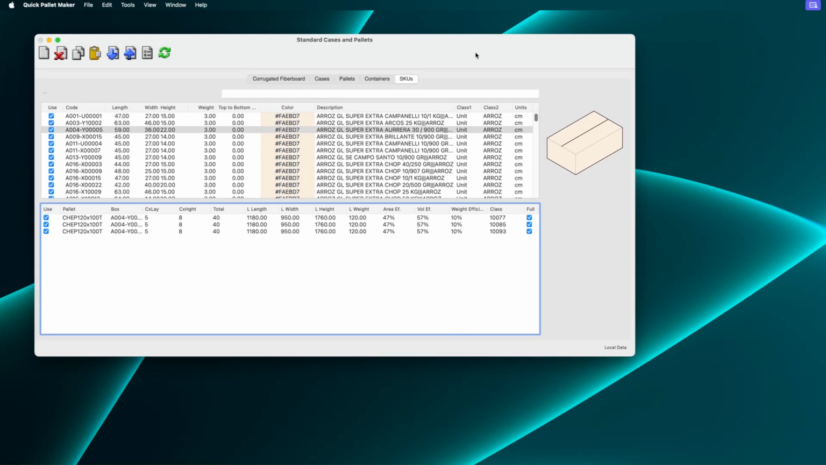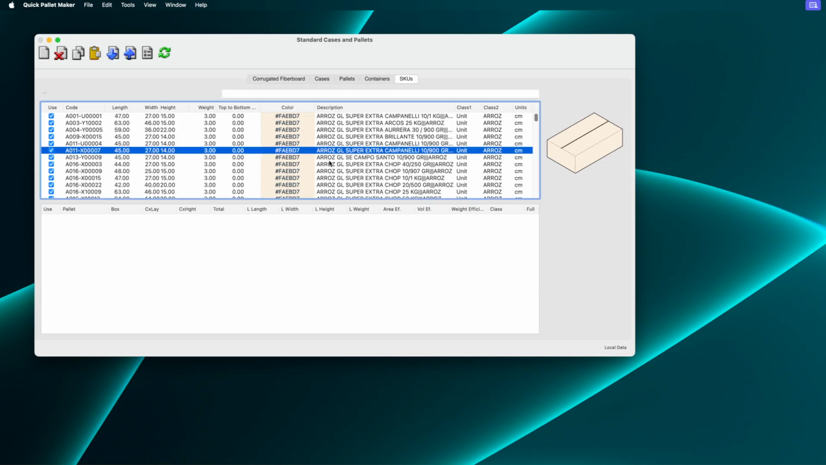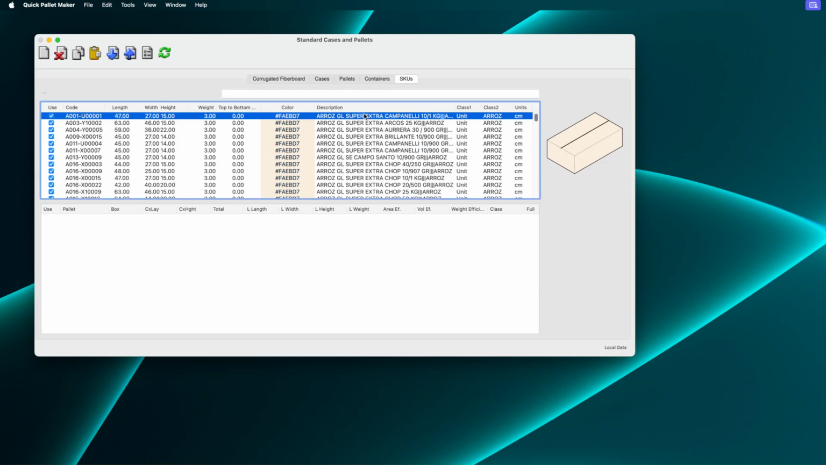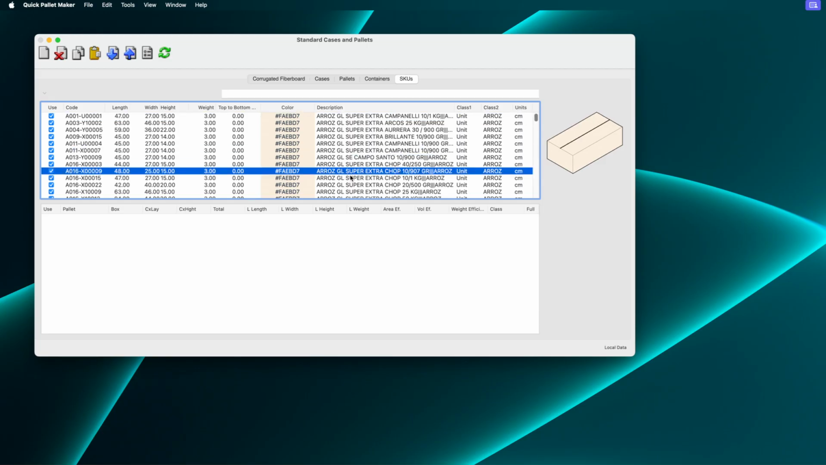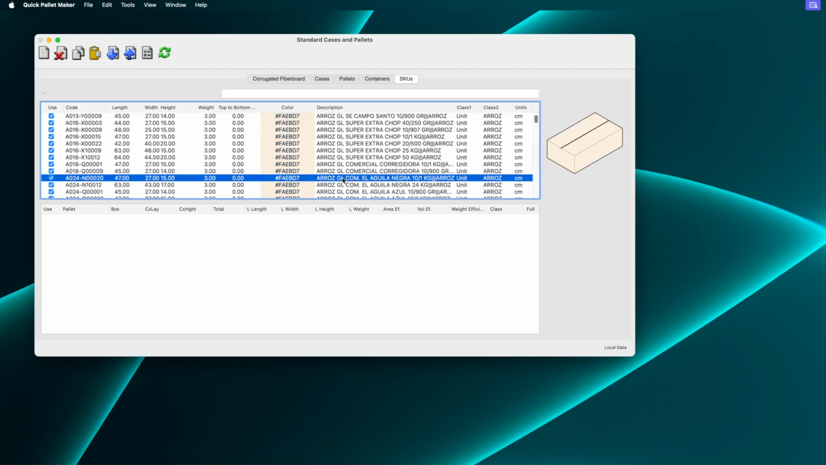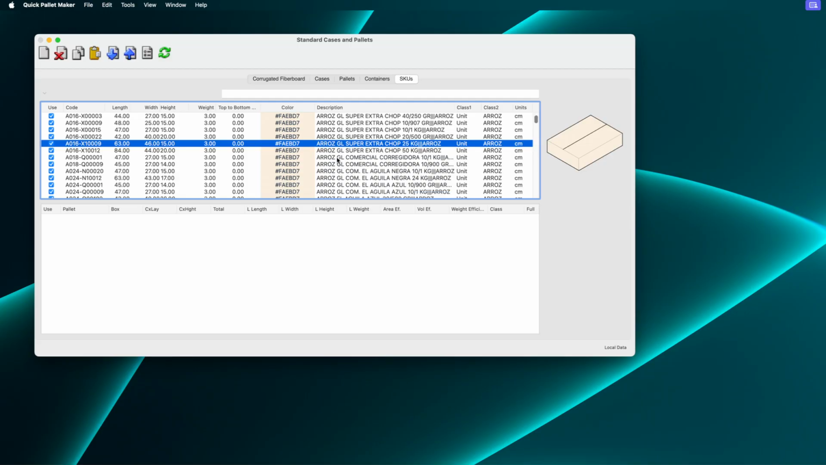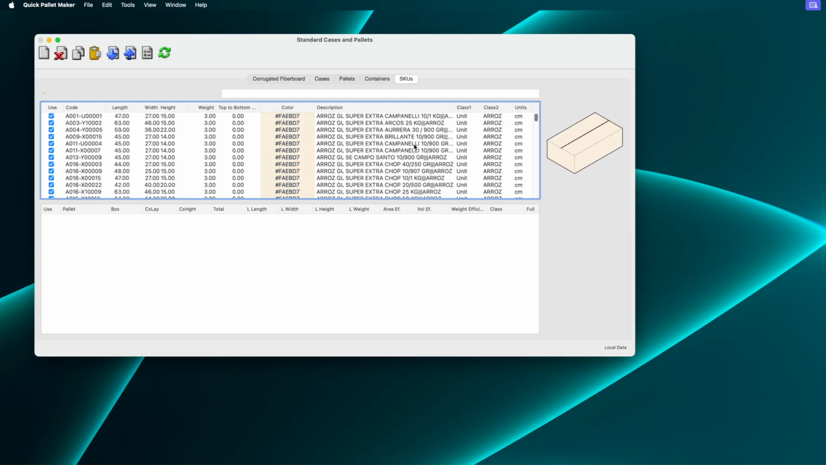Hello. In a previous example, we had seen how we can load boxes and create pallets per client. We were able to load the SKUs here in the standard cases and pallets window and also create shipments using